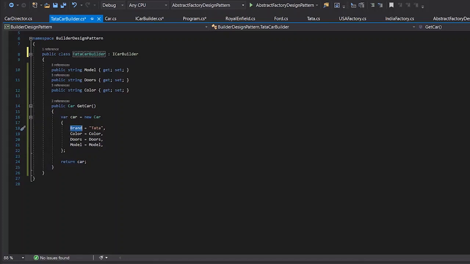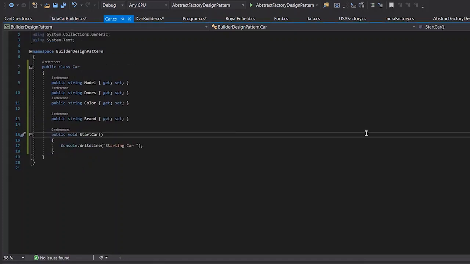The third piece is the car object. Car object has its own configuration. This is not a step; this is something different from the step. Steps would be in the car builder. Car has just attributes, the properties of the car. One is a brand, one is a color, and one is a functionality. Each object has some properties and methods, right? I've added 4 properties and 1 method.